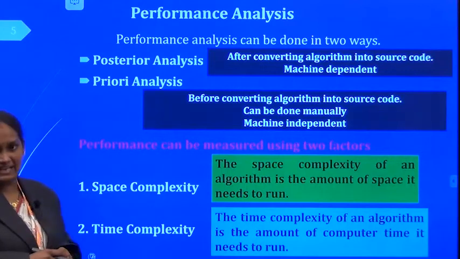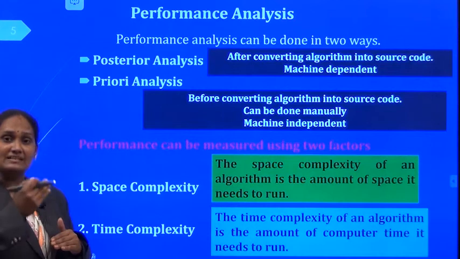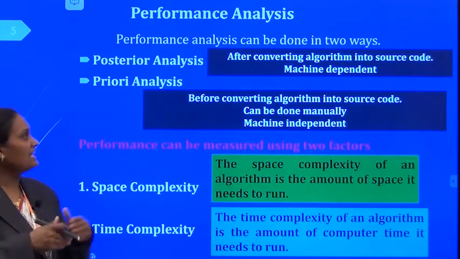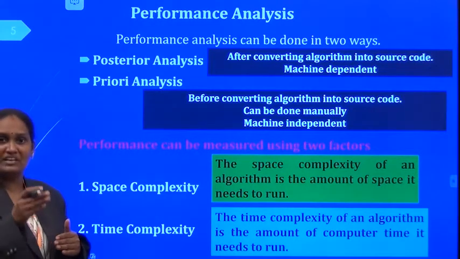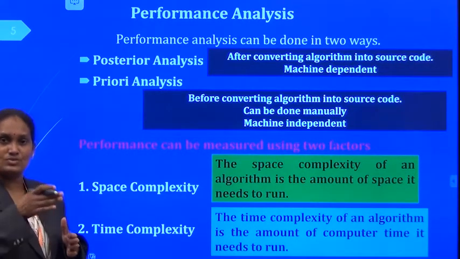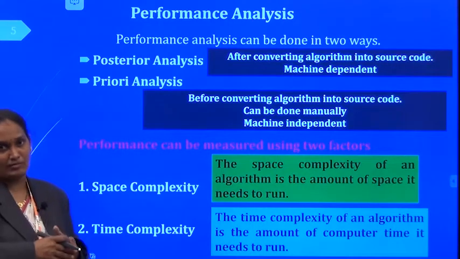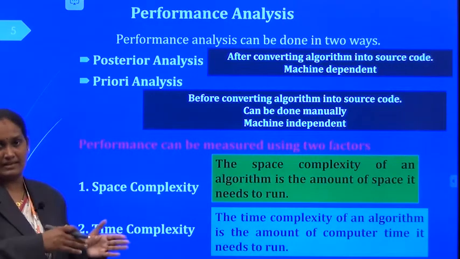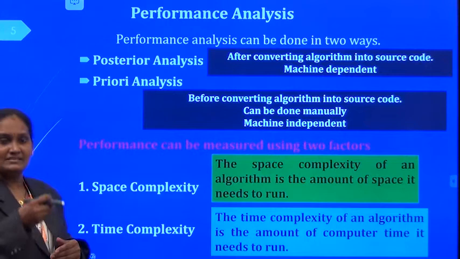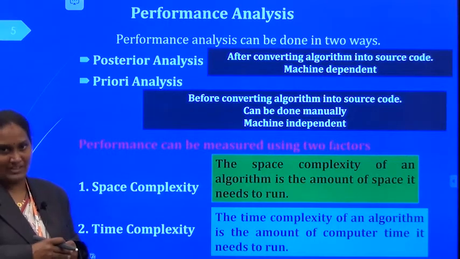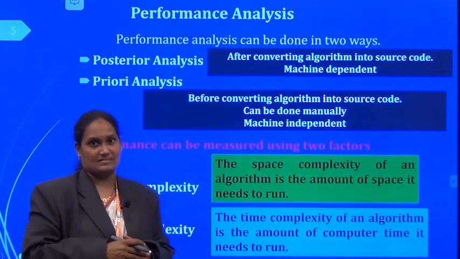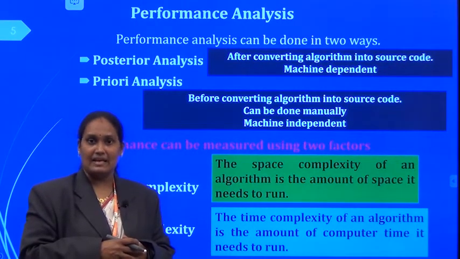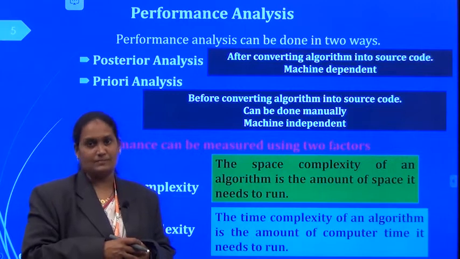And coming to priori analysis, from the name itself it is clear that before converting the algorithm into source code, we are analyzing the algorithm's performance. This priori analysis can be done manually and it is a machine-independent process.